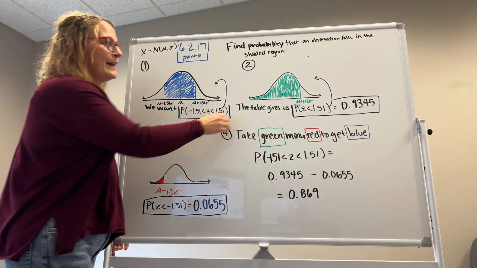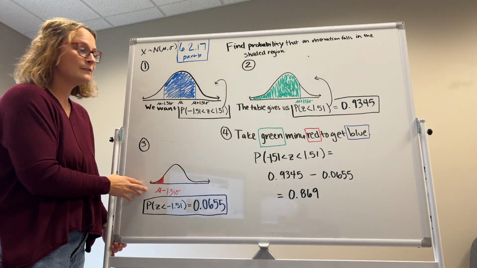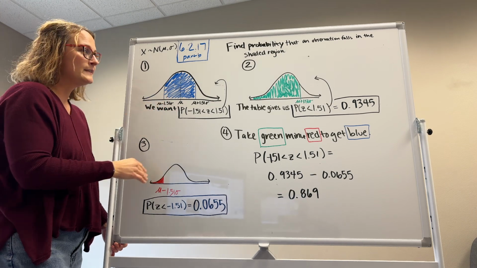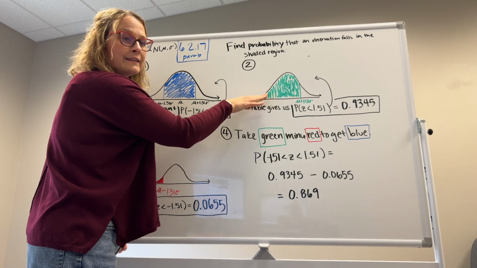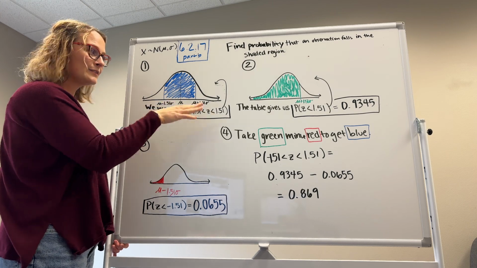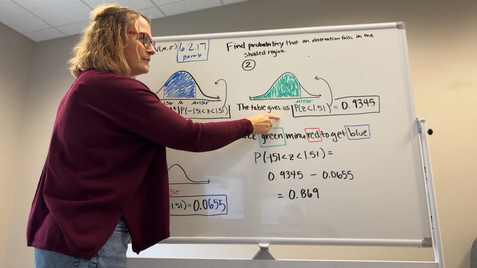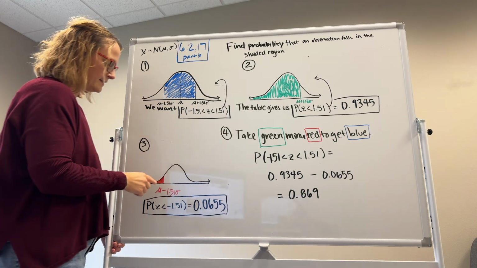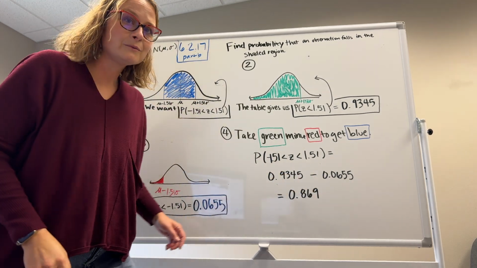Okay, so now we have the green area and we have the red area. What we want is this blue area between these. So can you see, if I take this green area and I erase the red, that I'm going to be left with the blue. Okay, hopefully you can see that. So let's do that math. So we're going to take our green, the 0.9345, and we're going to subtract our red, 0.0655, and we're going to end up with